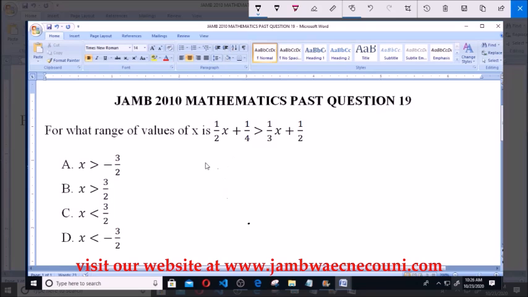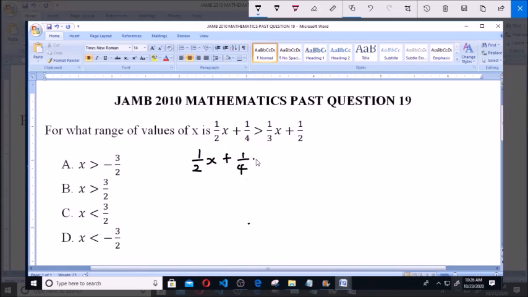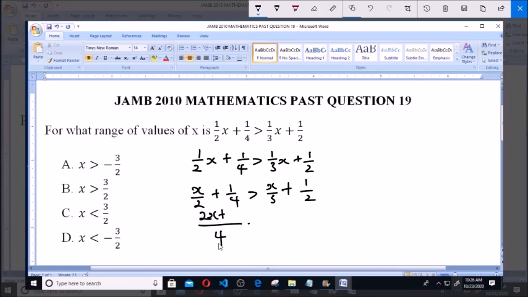Now we're given 1 over 2 x plus 1 over 4 is greater than 1 over 3 x plus 1 over 2. This is the same as saying x over 2 plus 1 over 4 is greater than x over 3 plus 1 over 2. Now let's take the LCM of this side. The LCM of this side will be 4. 2 into 4 gives 2, times x gives 2x, plus 4 into 4, 1 times 1 gives 1, is